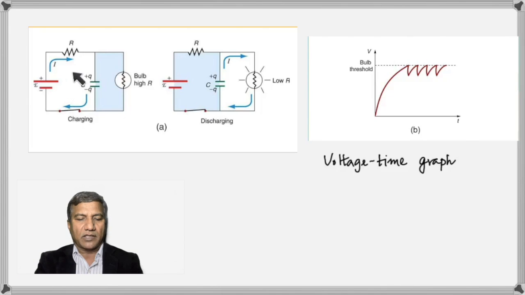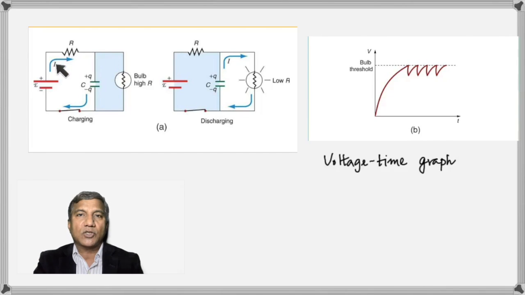So here is the circuit. You have the light bulb, the indicator, which usually has a very high resistance. And so here is a capacitor, and the capacitor is going to get charged. No current will flow through the light bulb when the capacitor is charging, because the light bulb has a very high resistance. So now the capacitor gets charged, and once the capacitor gets charged, it wants to discharge,